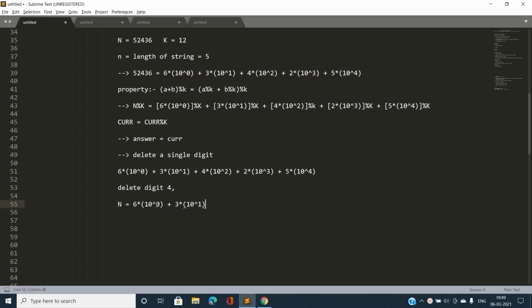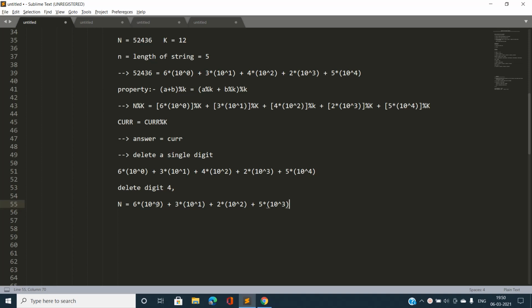So which values are going to be modified? The digits that are to the left of 4 are going to be modified. And what are the modified values? Let's say I'm going to write 2 times 10 power 2. Previously I had 10 power 3 associated with the digit 2; now I have to associate 10 power 2. This is what I have to modify for all the digits to the left of the digit I am going to delete. So I am going to write here again 5 times 10 power 3. Note that previously it was 10 power 4. Similarly, now it becomes 10 power 3.